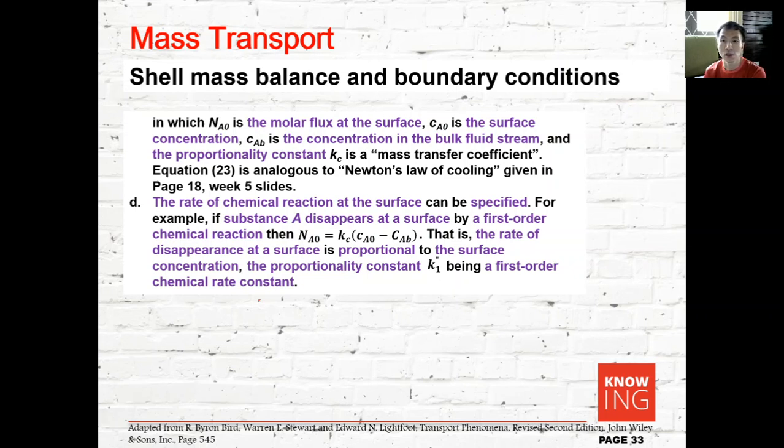So you do not have to worry too much about a lot of equations. Rather, we will apply those equations to examples, and you need to understand more about the postulation, the assumptions, and how to apply the equations to each of the conditions.